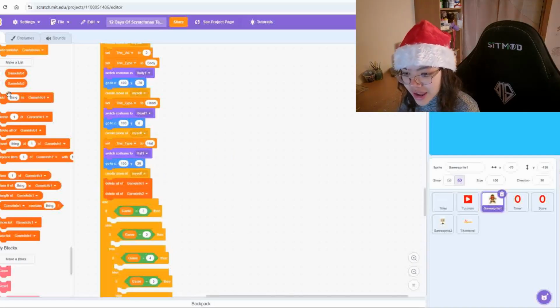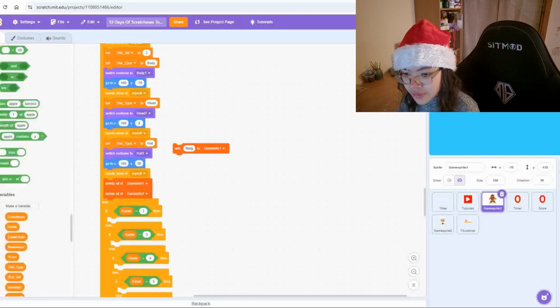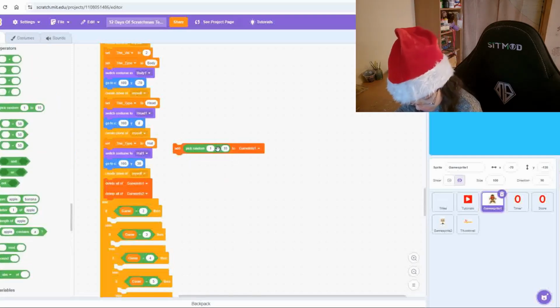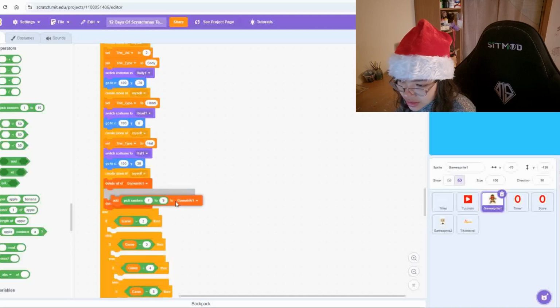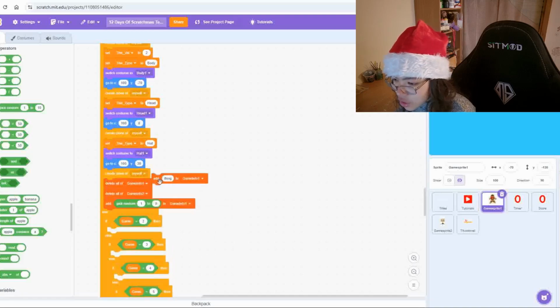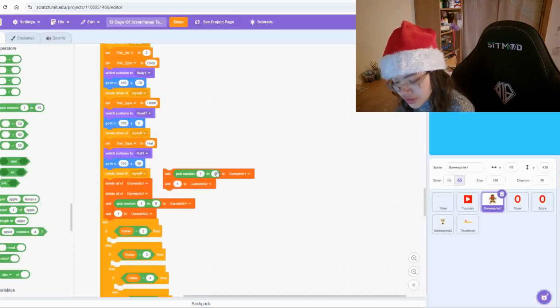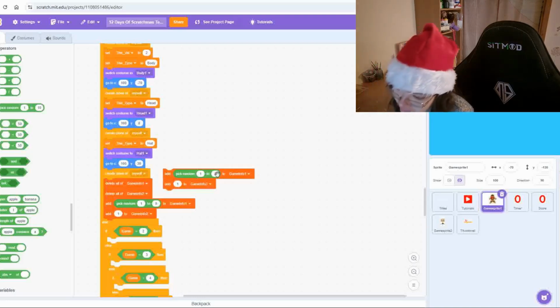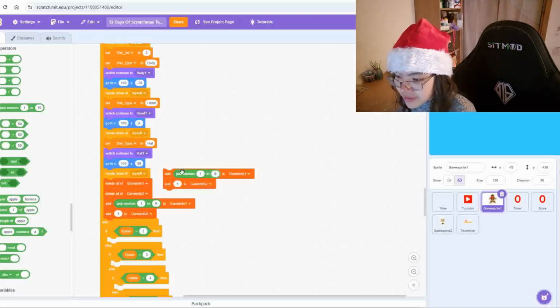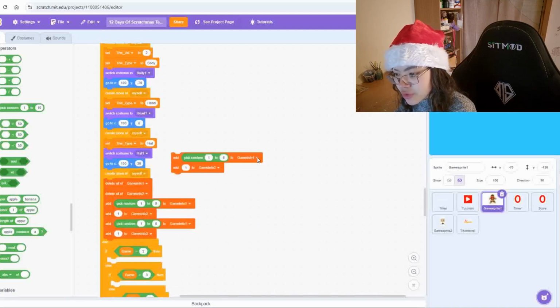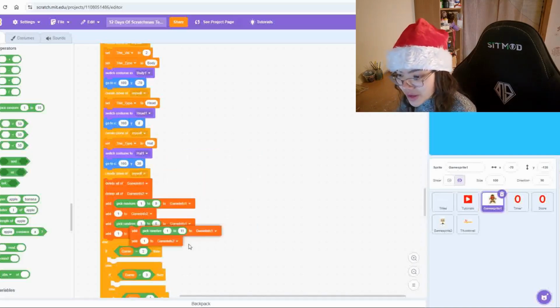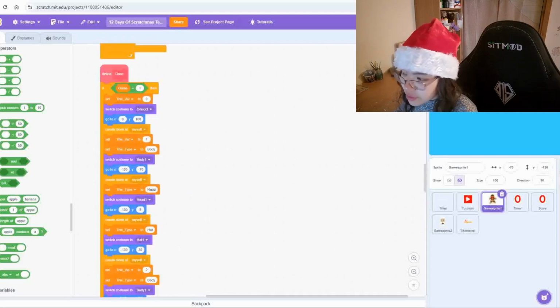Then we're going to do an add thing to game info 1, and we're going to set this to be pick random 1 to 9. And then we are going to add 1 to game info 2, duplicate those 2 blocks, and change the second pick random number to 6. So it's pick random 1 to 6 to game info 1, and then add 1 to game info 2. Duplicate those 2 blocks again, this time setting it to be pick random 1 to 11. And just add those in. And that's everything we need for the clone